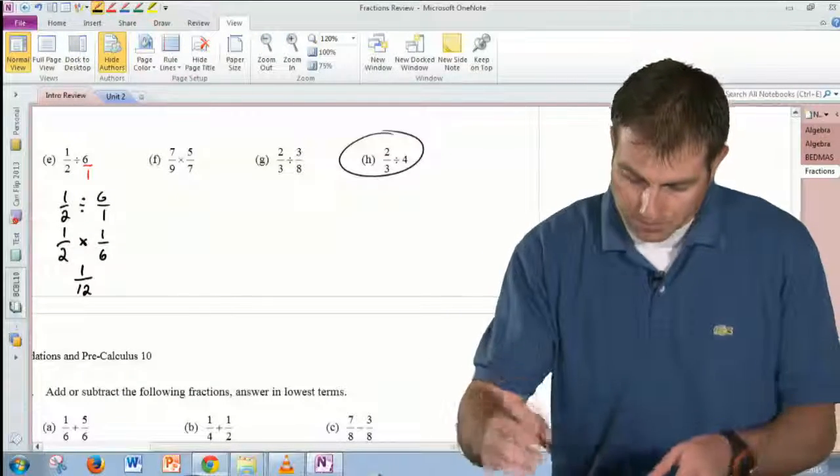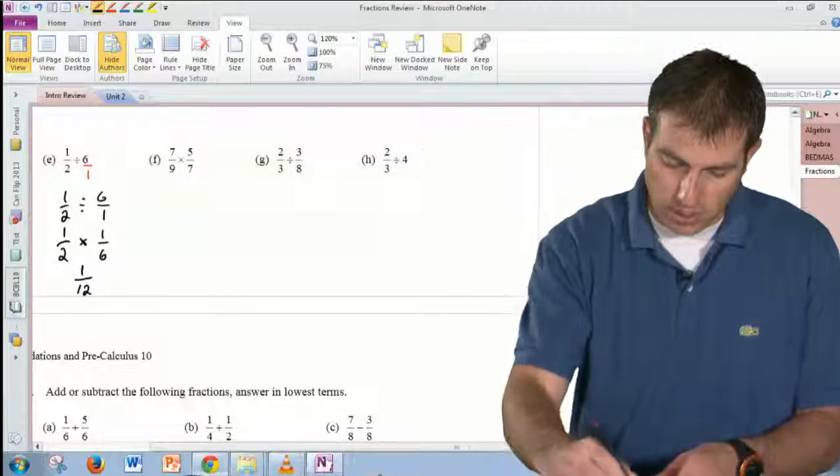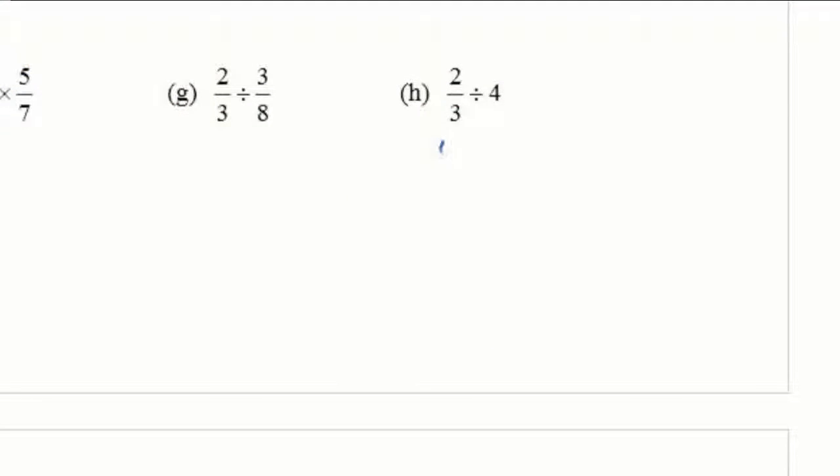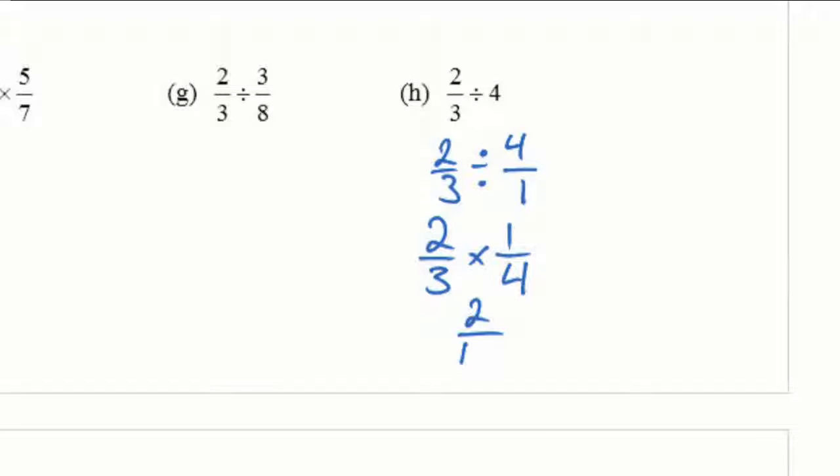So same deal here. Almost the exact same process as well. I'm just going to rewrite this again as 2/3, and then I'm going to divide that by, instead of 4, I'm going to put the 4/1. Because 4 divided by 1 is just 4, and that's what I had before. It's the same thing. I never divide fractions. I always multiply by the reciprocal or kiss and flip. There's my kiss, my x, my flip. I flip the second one. And then when I'm multiplying fractions, it's just as simple as top times top, bottom times bottom. So 2 times 1 gives me the 2, and the 3 times the 4 gives me 12.